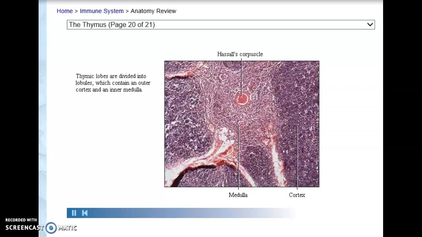Each lobe of the thymus is divided into many lobules. Each lobule contains an outer cortex and an inner medulla. Most cells in the thymus are immature T cells at various stages of development. Scattered amongst the immature T cells are thymic epithelial cells, which influence T cell development and secrete